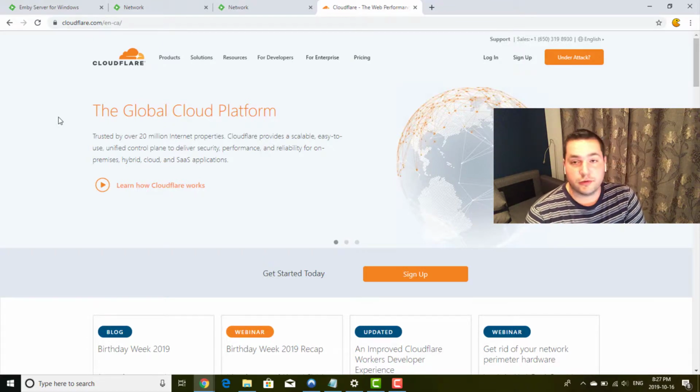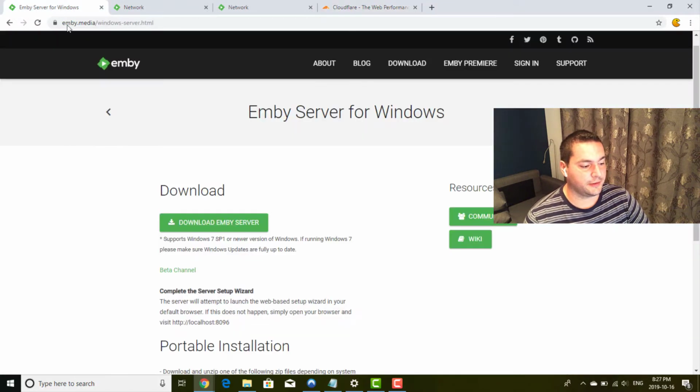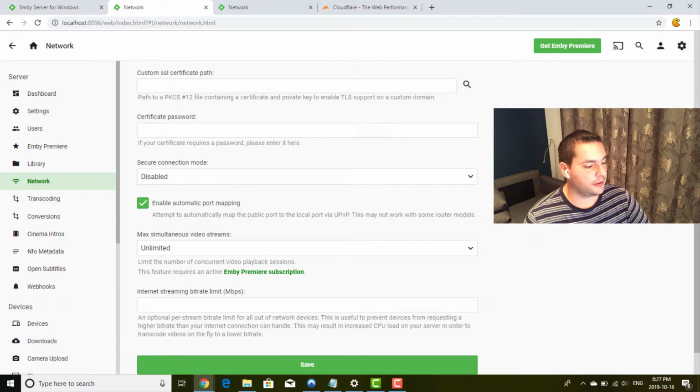And after, you just have to go in Cloudflare in your settings and specify the IP address of your server. And after, it's super simple, you have an option in Cloudflare where you can download a certificate. And after, you just put your certificate here with the password here. So your certificate should be